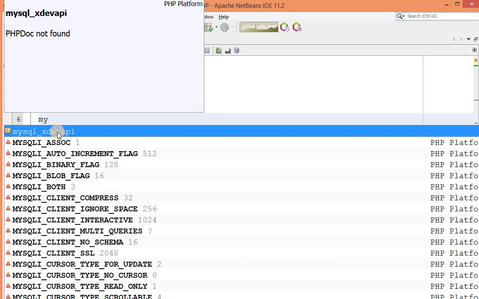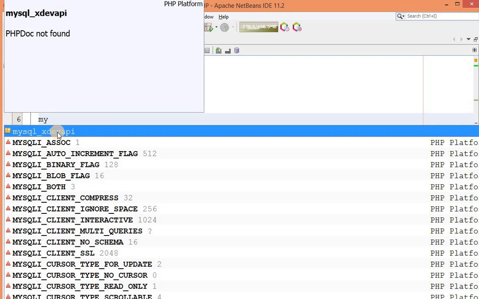But if you are using an upgraded version, it will support both MySQLi as well as MySQL. The first difference is that the i in MySQLi stands for improved. The second difference is that MySQLi provides connections which are procedure based as well as object oriented, whereas MySQL is only procedure based.